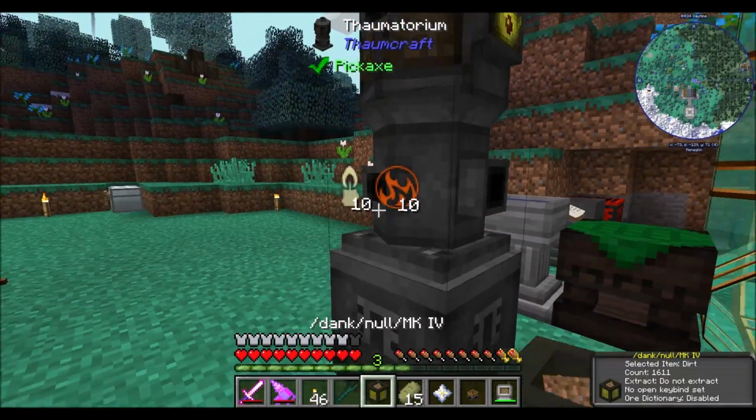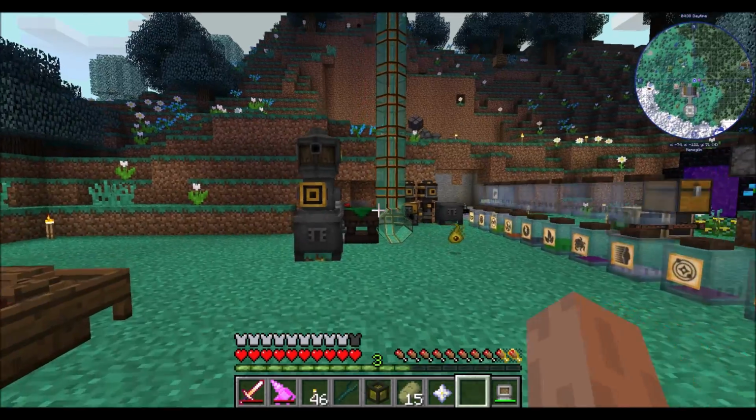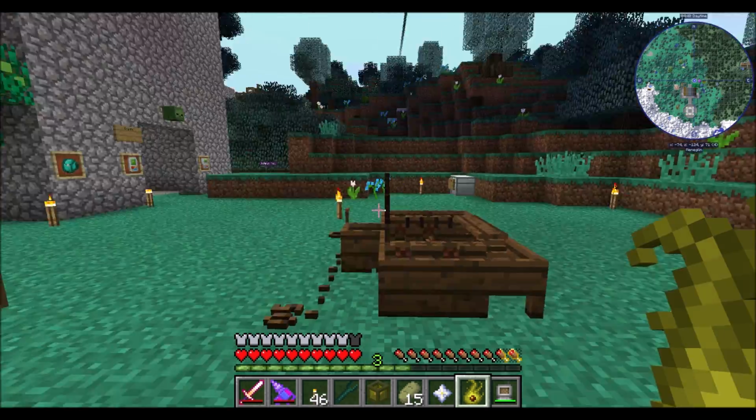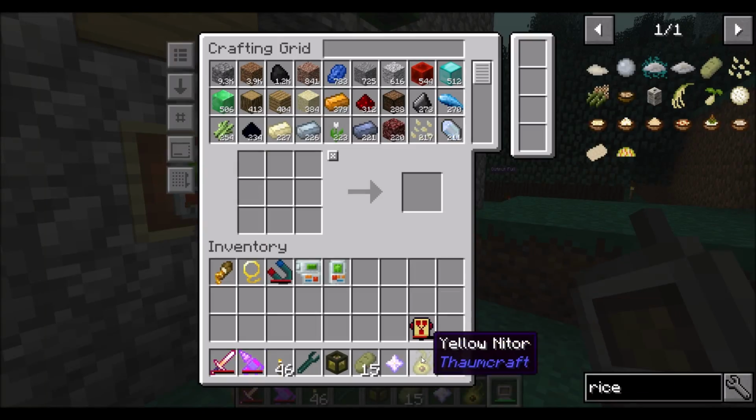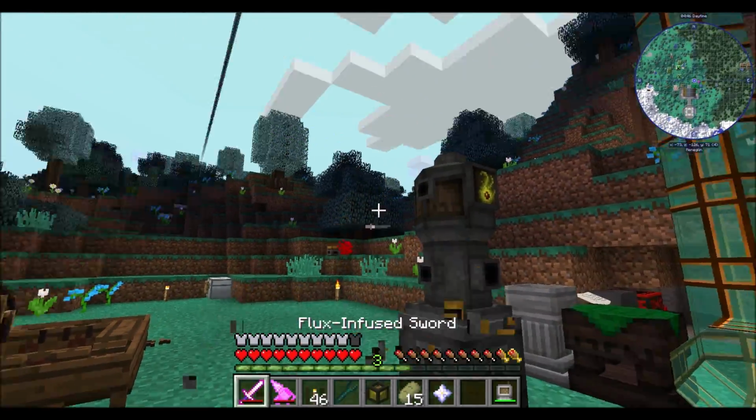Hooray! And then we can pick this dude up and put him over here, because this side of the block has what we need. And hey, look! It spits out Nitor. Hooray! So the Thaumatorium works, which means I would like to get back into working on Thaumcraft. So what I'm probably going to do...